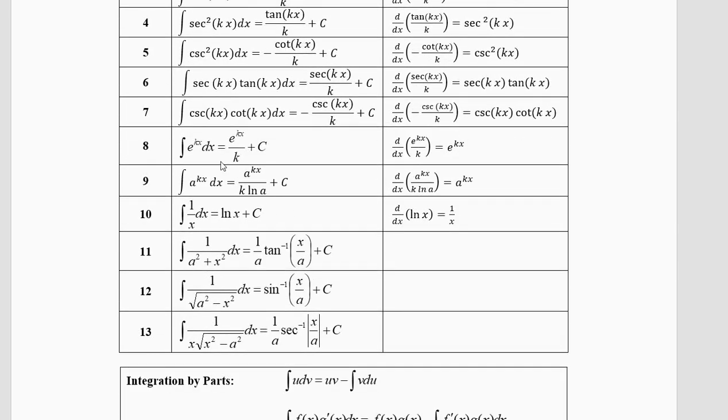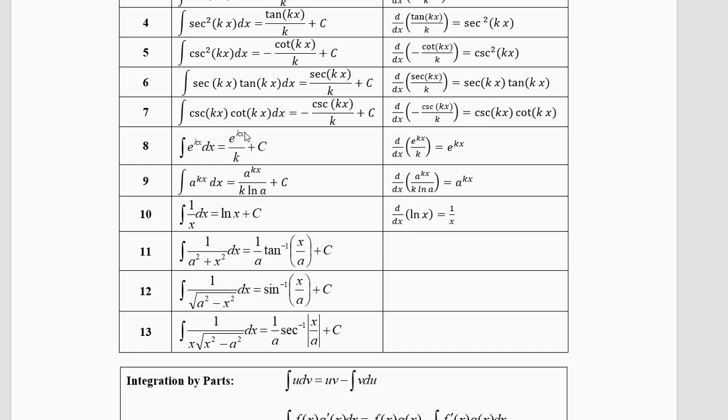Next comes the 8th formula, which is integration of exponential kx. You'll get exponential kx over k. See, this is a very special function. You start with the exponential function, you get back the exponential function with the number. See, the numbers are adjustable. So you get back the same function. This does not happen anywhere else.